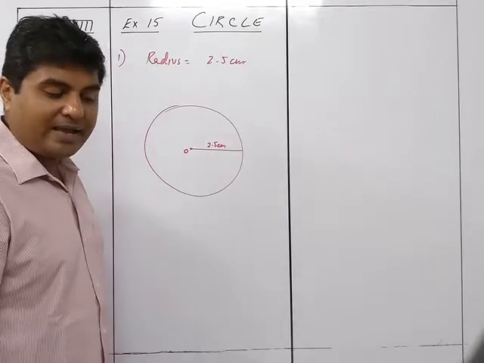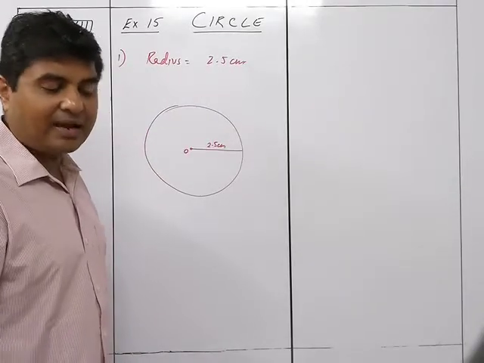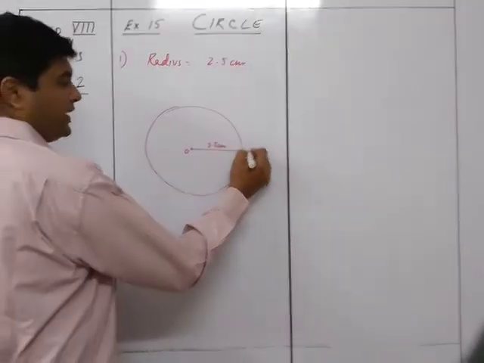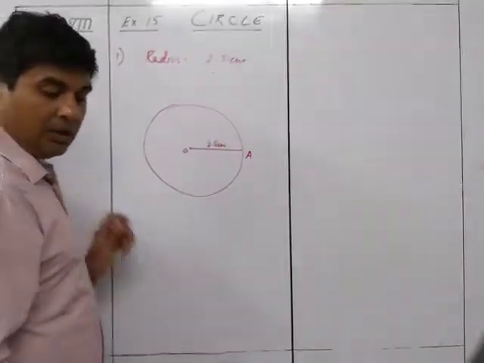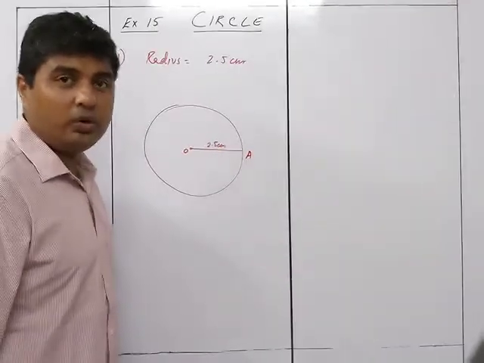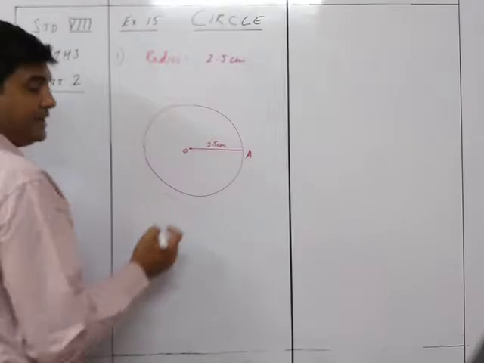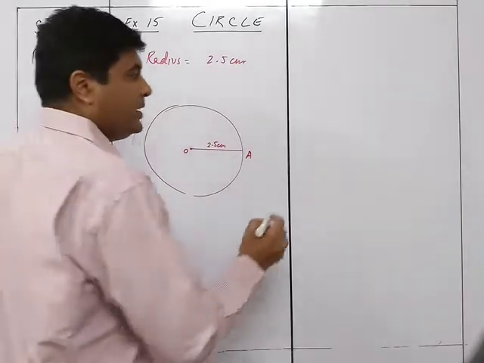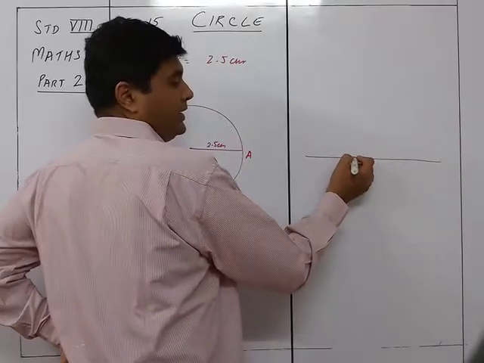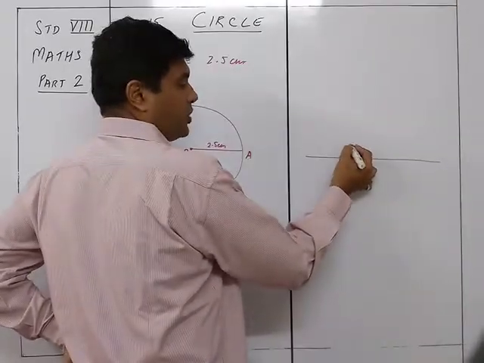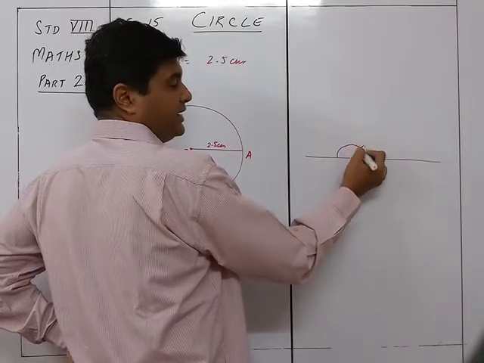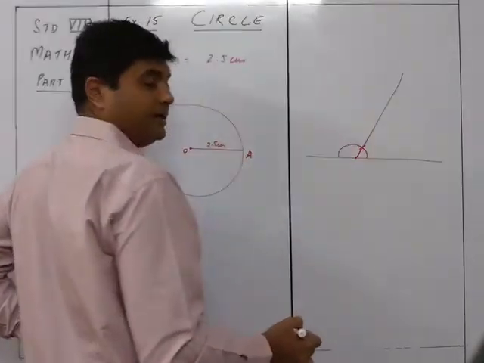Now draw two radii OA and OB such that angle AOB is equal to 60 degrees. So first of all, you are going to take this as A. Now you want that angle AOB should be 60 degrees. So here you are going to draw 60 degrees. Now how do you draw 60 degrees? If you remember, the 60 degrees is drawn this way. You take a line, take a center point, draw a small semicircle with a compass, and from this point, taking the same radius, cut an arc. So this angle you are going to get is 60 degrees.